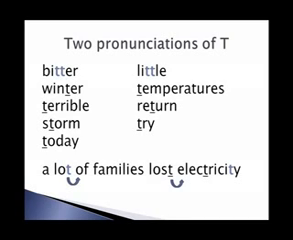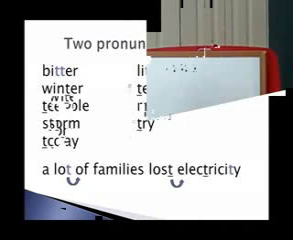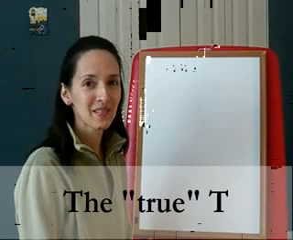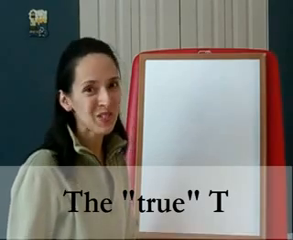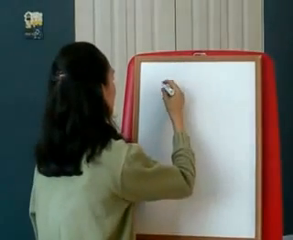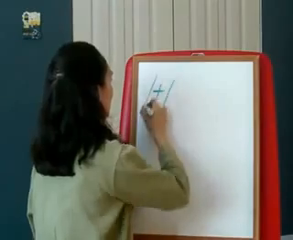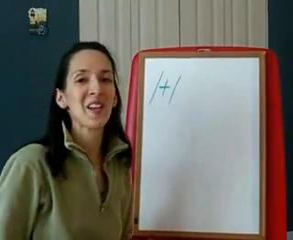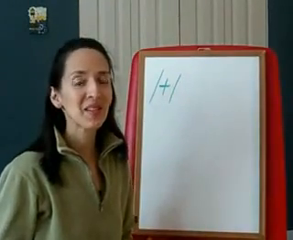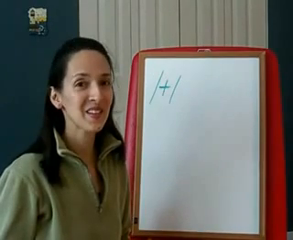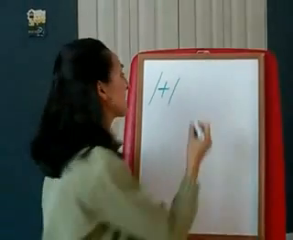By the end of this lesson, you should not only be able to hear the two different pronunciations of T, you should also have more confidence knowing when we use these two different sounds and how to make them yourself. Let's first talk about a true T sound. A true T sounds like this. T, t, t. You hear this sound in words like